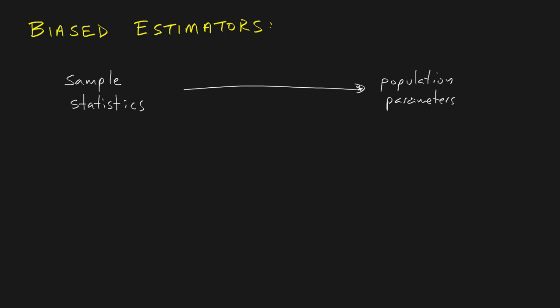Maybe it's too large, it's too hard to get in touch with, it costs too much money. Whatever the reason is, we can't directly observe the population, so we have to rely on sample statistics to point the way. Now, of course, one of the biggest issues with this is that samples are very often wrong. Now, that doesn't necessarily mean that they're useless, but what it does mean is that if you were to randomly draw a sample from your population, you can almost guarantee that it's not going to be a perfect representation